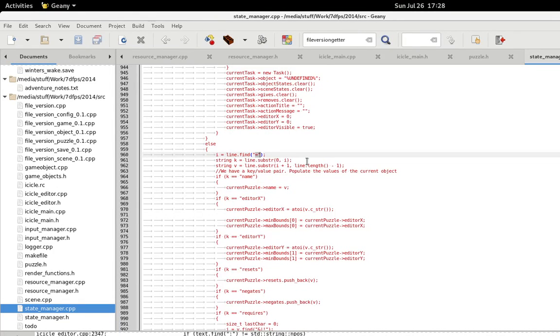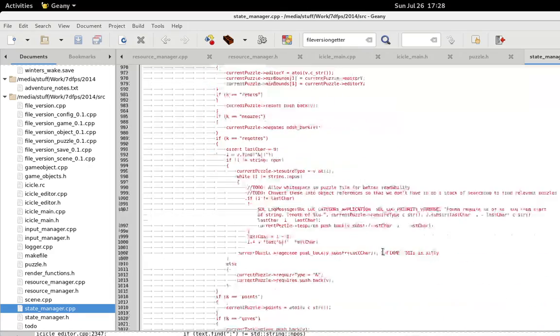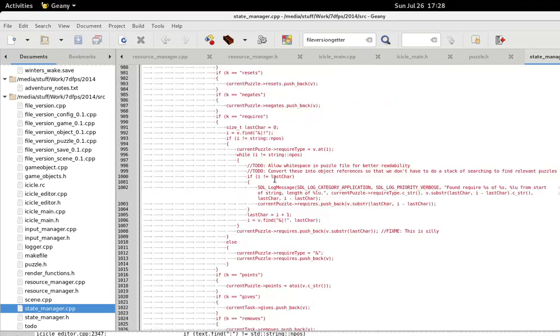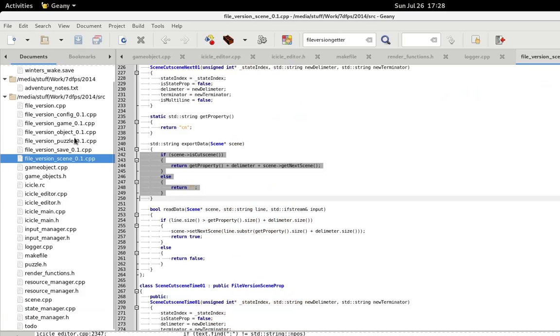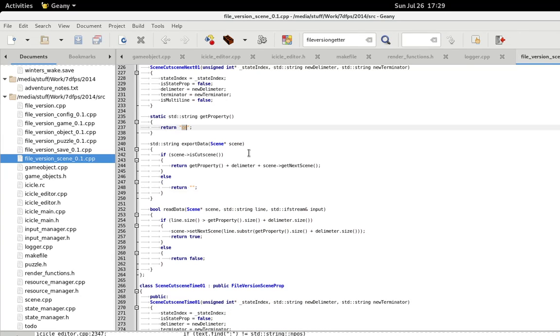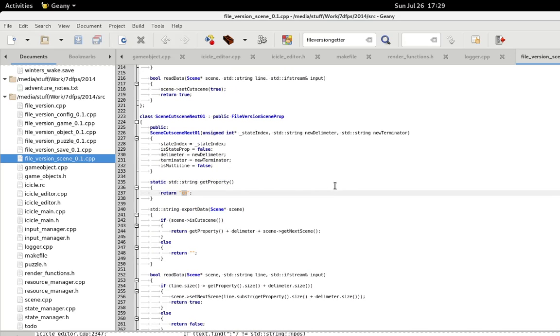The delimiter was an equal sign in these ones. And then we go, okay, if the key is the name, then the value is the name of the puzzle. If the key is editor X, then the value needs to be parsed and stuff. So all of this has been copied and pasted into a more modular way of expressing this stuff, which means that if I ever want to change the value for a property, I change it here once instead of changing it like 3 times in various other places